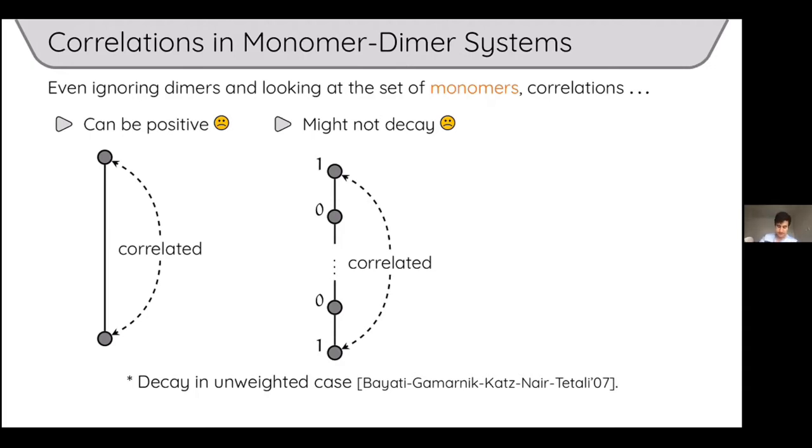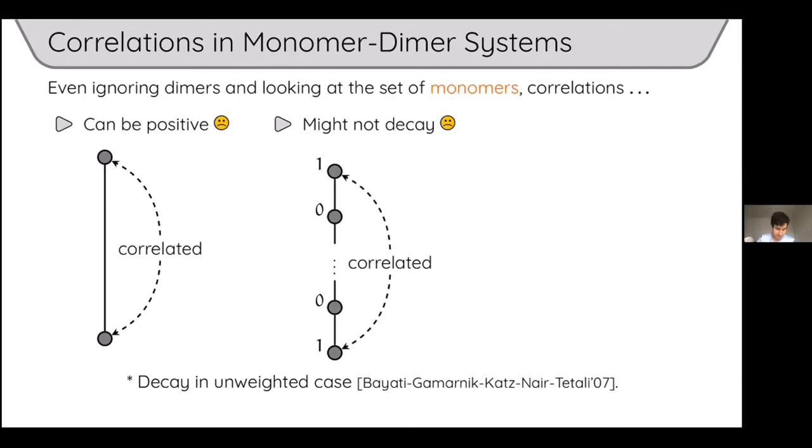Okay. So it's not hard to see that the monomer-dimer system here is just supported on 2 matchings. One is basically the odd edges and one on the even edges. Okay, and so whether or not this vertex was a monomer would perfectly tell you whether or not this vertex was a monomer. Okay, exactly one of them is a monomer at any given time. So because you can make this path arbitrarily long, you don't have, in general, decay of correlations, right? There are things that are very far apart but are perfectly correlated.